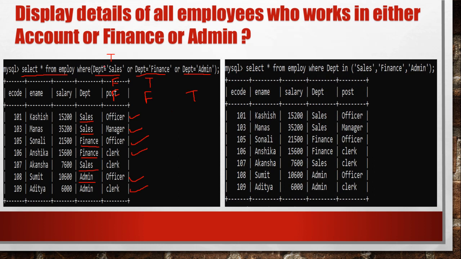Okay, in this case you can see that every time you have to write department equal to, department equal to, department equal to, so you have to write this statement 3 times. But we are comparing the same field, department, for different values. The first value is sales, then finance, and another one is admin. So in this situation, when we compare a single field with multiple values, then